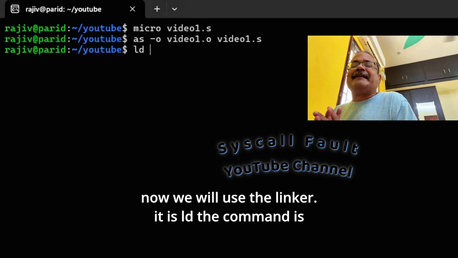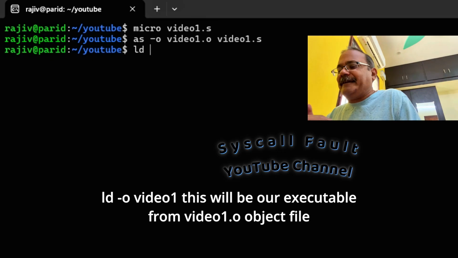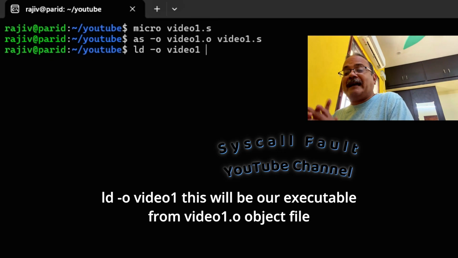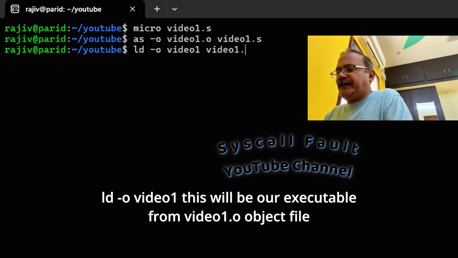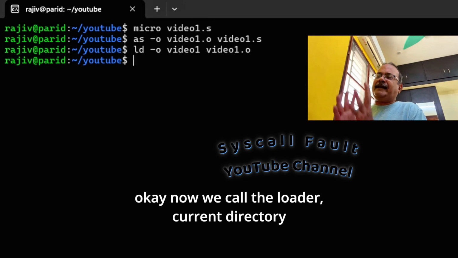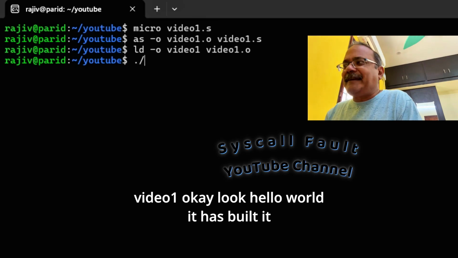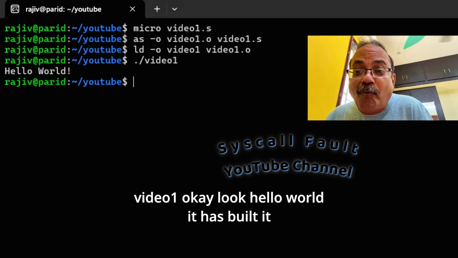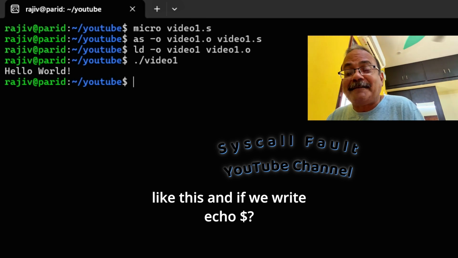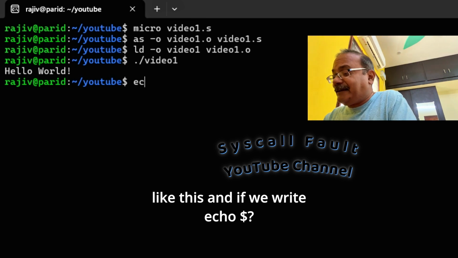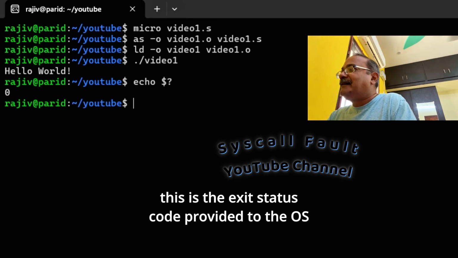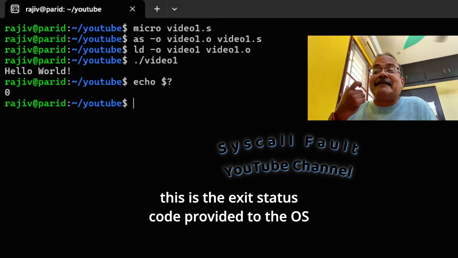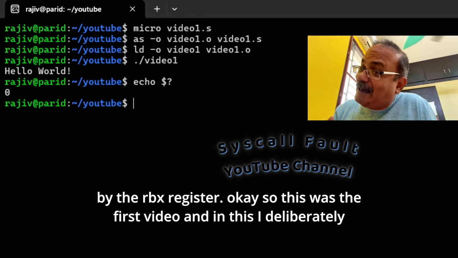The command is ld, -o video1. This will be our executable from the video1.o object file. Now we call the loader, current directory, video1. Okay, look, hello world. It has printed like this, and if we write echo $?, this is the exit status code provided to the OS by the RBX register.